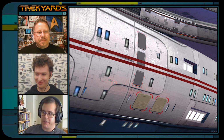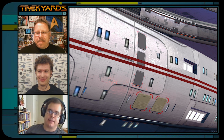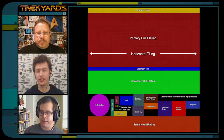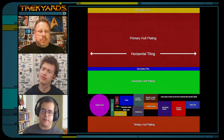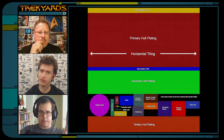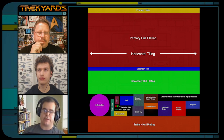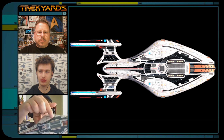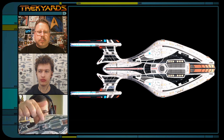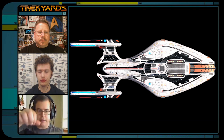They're part of the standard ship material. In Star Trek Online, and I can give you guys a sample, we actually do a thing where the ship material is broken down on a template, and so you have a primary hull panel, and it's just a long strip, and then you have a secondary hull panel, it's a long strip, and a tertiary hull panel, it's a strip. And so any sort of details we want to have in the ship, we actually have to model in. So like this black area, that's secondary paneling, whereas the white area is primary paneling, and then the model is actually cut along that line to